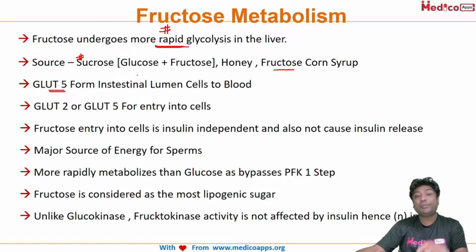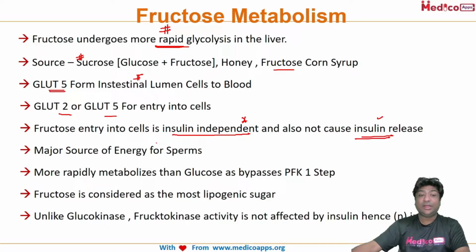GLUT4 receptors are very important for the transport of fructose from the intestinal lumen to the blood cells. And GLUT2 and GLUT5 both can help fructose enter into the cell. Fructose entry into the cell is insulin independent, and also fructose does not cause insulin release. It is the major source of energy for sperms, and fructose is considered to be the most lipogenic sugar,